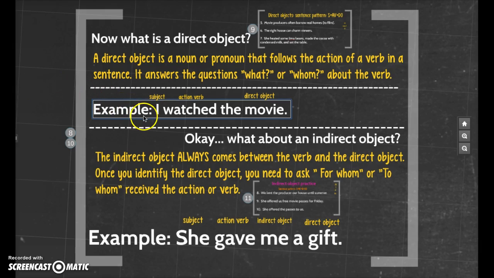Now I have an example below. It says, I watched the movie. Who is doing the verb? That would be I, so that's my subject. What am I doing? We're watching, so that's my action verb. And then what am I watching? That will be my direct object, movie. Okay? So let's take a look at our next